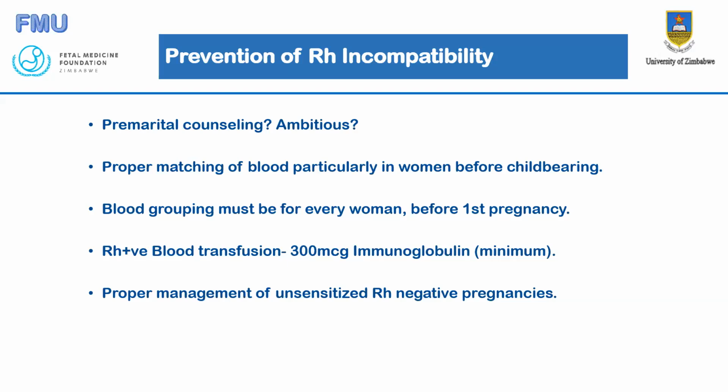Of course, for women who have probably been sensitized, let's assume that a woman was given a wrong blood transfusion after an RTA, or for one reason or another she is sensitized and she wants to get married. She has antibodies already. The most ambitious plan is for her to go for premarital counseling and choose a man who is Rhesus negative. But it's very ambitious, of course. But if you are living in the Baltic region, where 45% of people are Rhesus negative, certainly this should be practical. I mean, you will find someone, it's almost half of the population. It should be easy. But